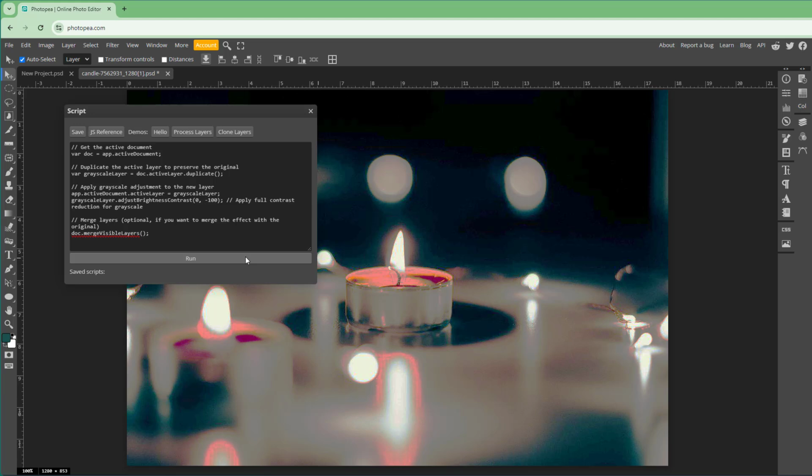And that is how you can add an effect or do something inside Photopea by using script as well. So hope you guys learn something as